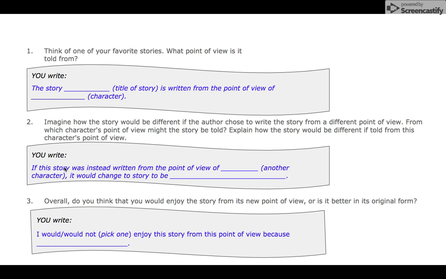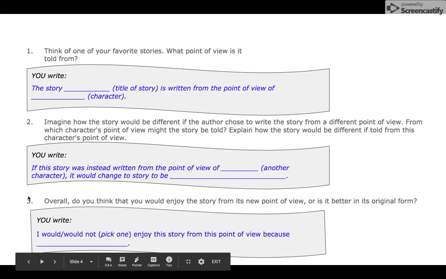If this story, Snow White, was instead written from the point of view of the evil witch who looks into her mirror and says, who's the fairest of them all? And the mirror says Snow White. Okay, if this story was written from that evil villain's point of view, it would change the story to be that Snow White was the villain and the witch was innocent, right?